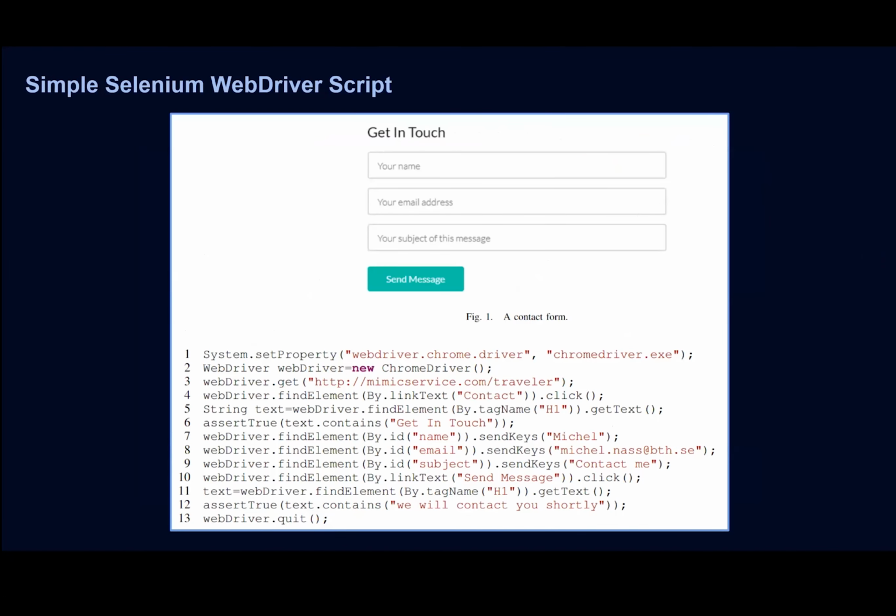This is an example with test code implemented in Java with Selenium WebDriver. You recognize it? Some, yeah. And we have a simple form, very simple form. And this script actually starts the web page. It fills out the form with some values, a lot of values about myself, and then presses the send message button and then verifies that